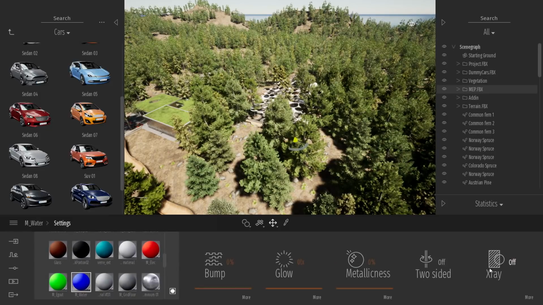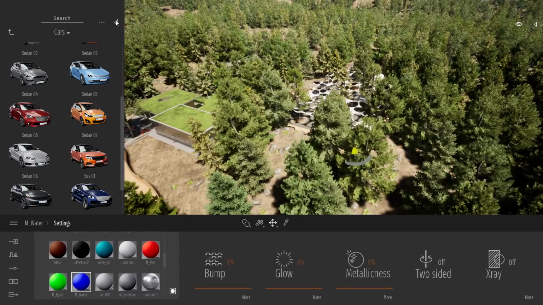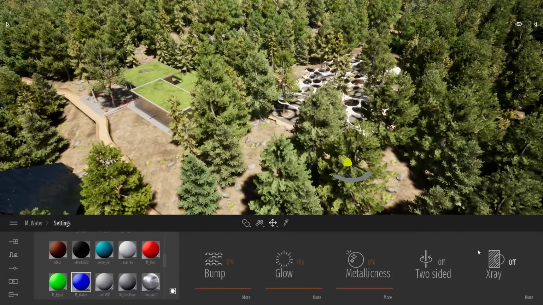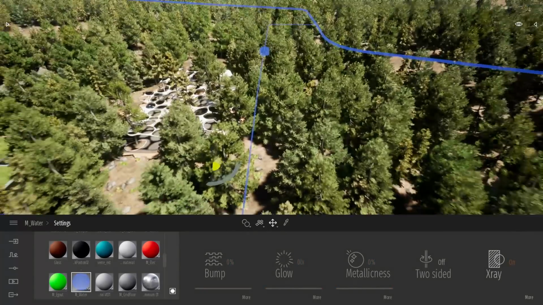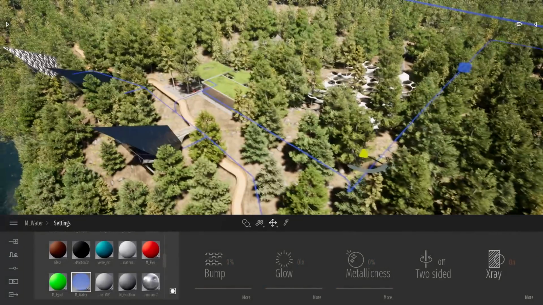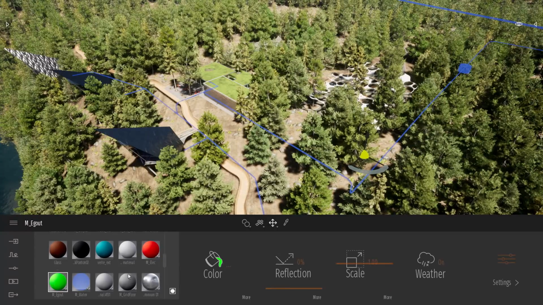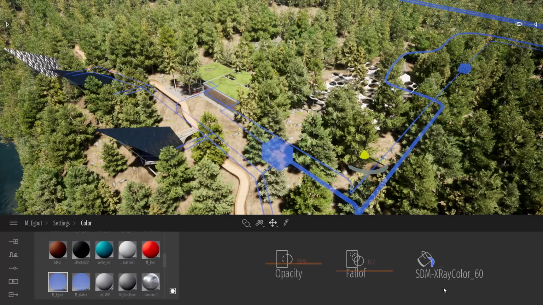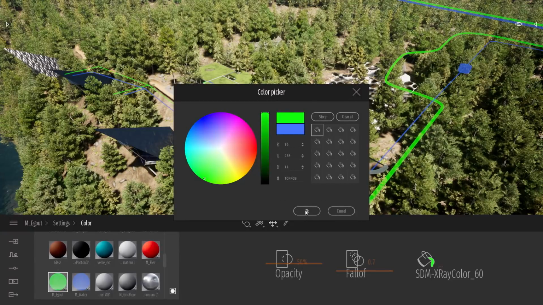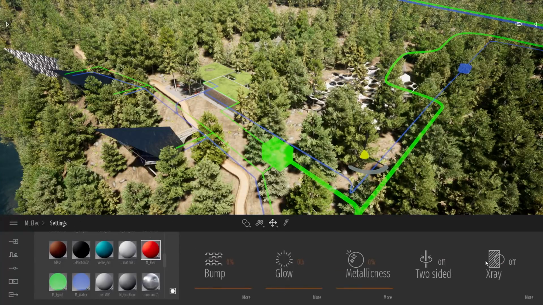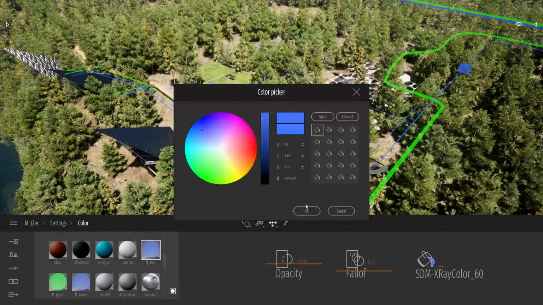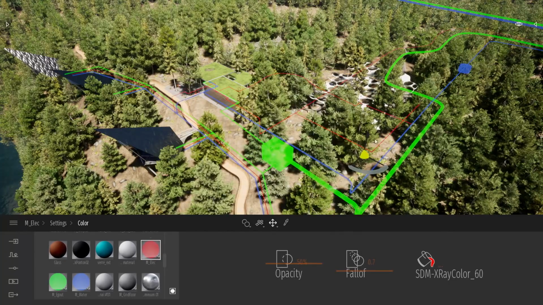water. I will come to the settings. Actually, we don't need that for now. And here we have the new X-ray option. When you turn this option on, you can visualize your pipes throughout all the geometry inside your project. Same thing here, I will take my used water, enable the X-ray, and I can change the color to whatever color I want. And again, same thing here for the electricity, just going to switch to red.